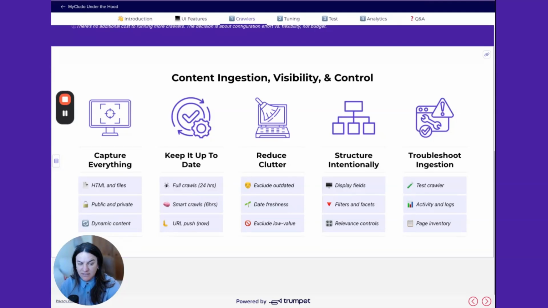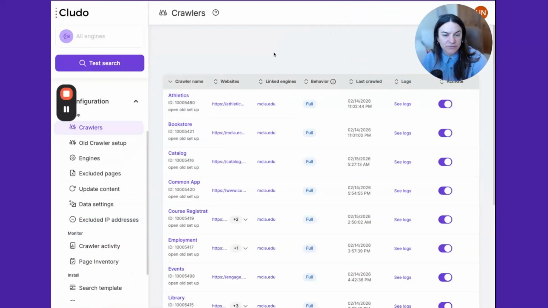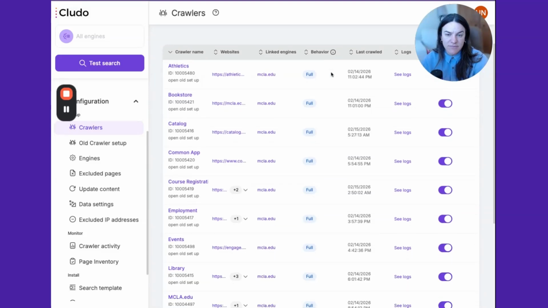We can look at activity and logs and page inventory. So this is where I'm going to go look at a live demo of crawlers within our client MCLA. And I'm going to move my face up here too. So you can see that they have multiple different crawlers. They are a smaller public university, and